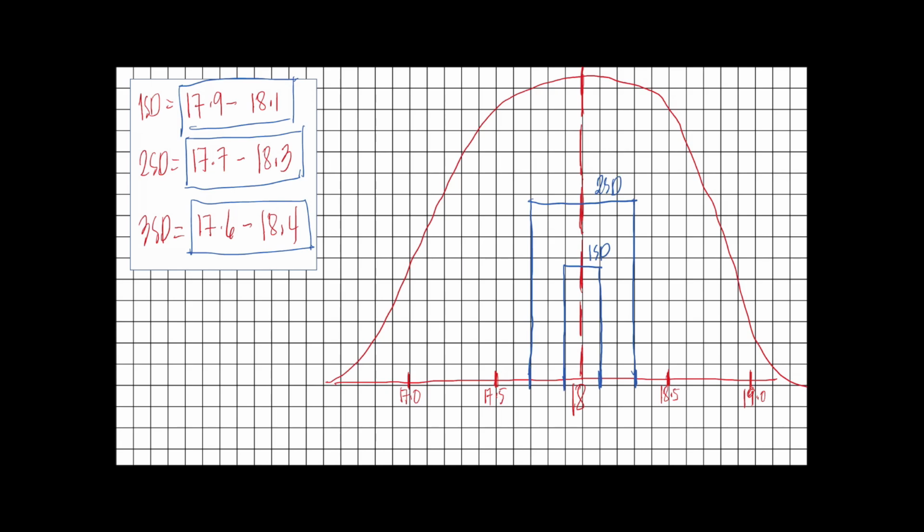And lastly, we have the third SD, which is 17.6 up to 18.4. This will be your third SD, and again, it represents 99.7% of the curve. That's how you plot it in a Gaussian curve in order for you to see the spread of the